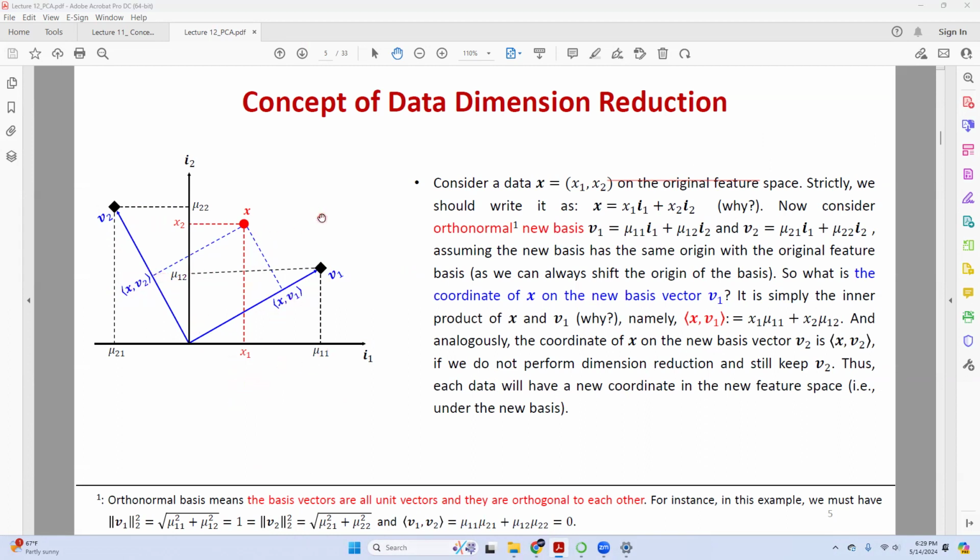Why? Because the inner product is like the cosine, remember it from high school. So if you have x this way, isn't it here? And isn't it this one here? That's the reason why I can simply use the inner product. By this way, for any given orthonormal basis, I can project my x onto the two bases and get the corresponding coordinates. What's the point? See the next one, you will know.